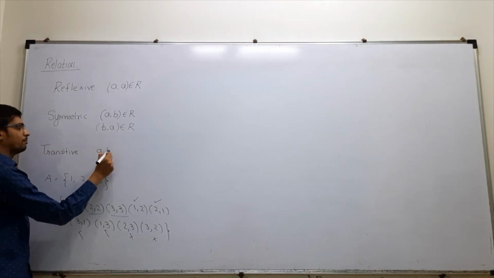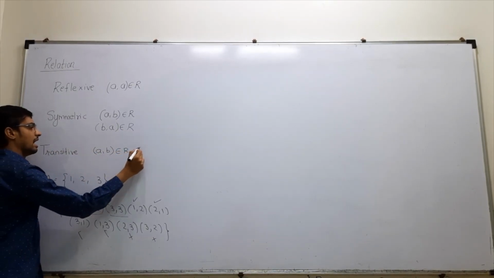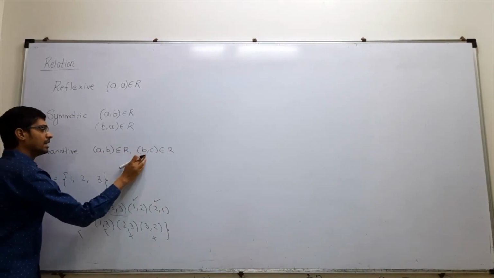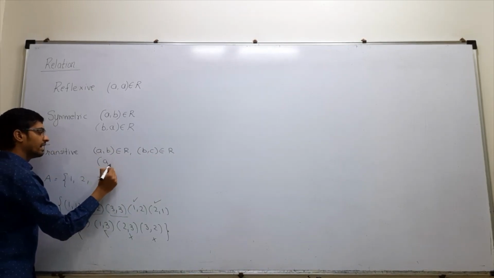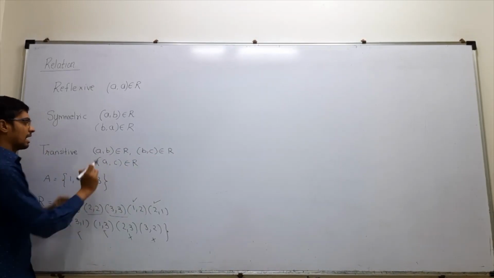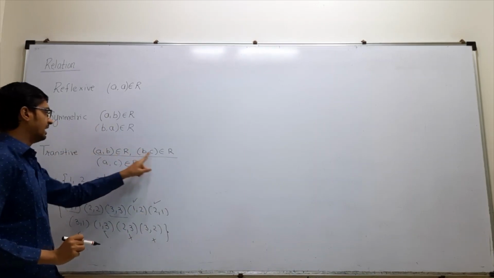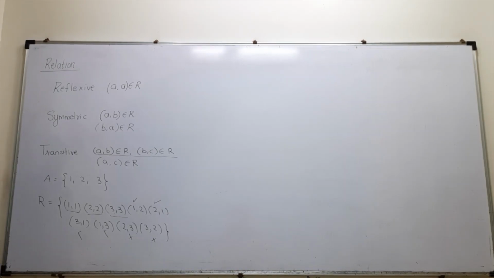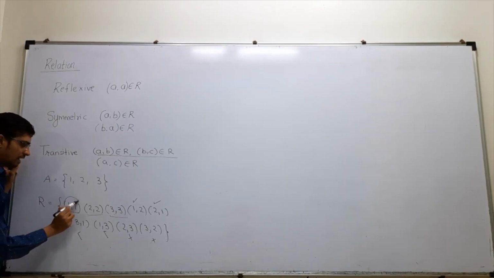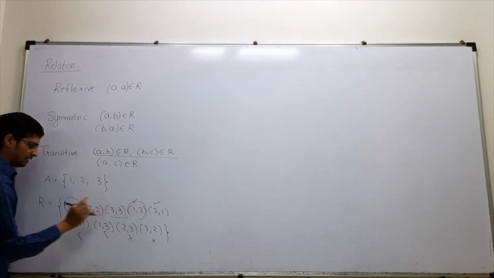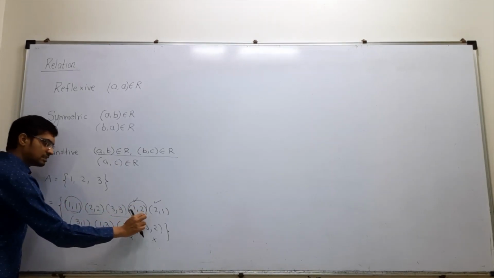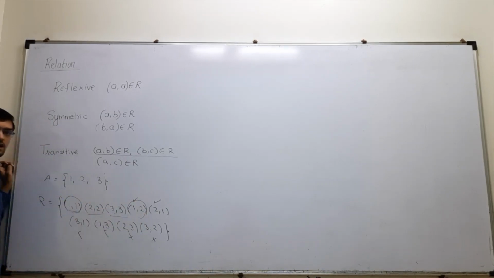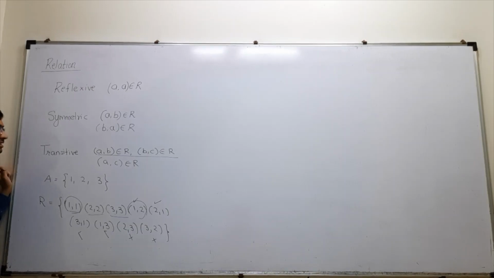Transitive. अगर A, B है relation में and B, C है relation में, that is A is relating with B, B relating with C. Also if A relates C, मतलब अगर ये दोनों है मेरा सेट में and they indicate that ये भी है, then that relation is called as transitive relation. Example देखो 1, 1 है, 1, 2 है, that is A, B, B, C. अगर 1, 2 मुझे मिल जाता है, which is there, so this relation is transitive relation. क्या बोलेंगे इसको हम? Transitive relation.